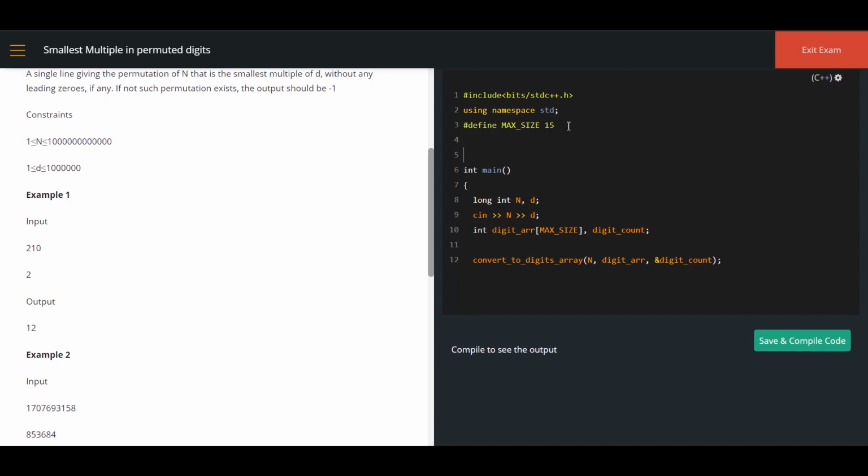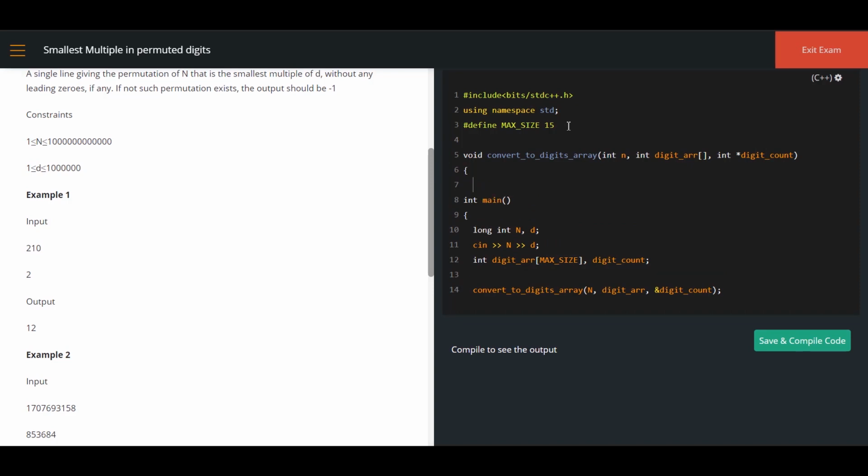Now let's define that particular function. Void convert to digits array, that was the function name I have given. How many arguments have I passed? I have passed 4 arguments, which is int n, int digit_arr, because that was the array I passed, and the next one is the pointer variable, so I have to use star to dereference digit count.